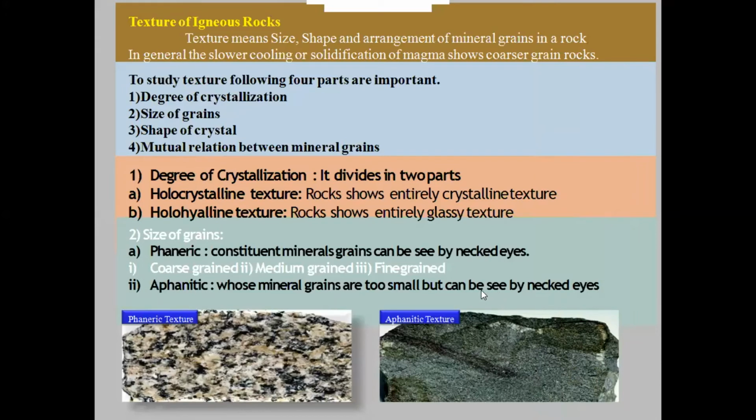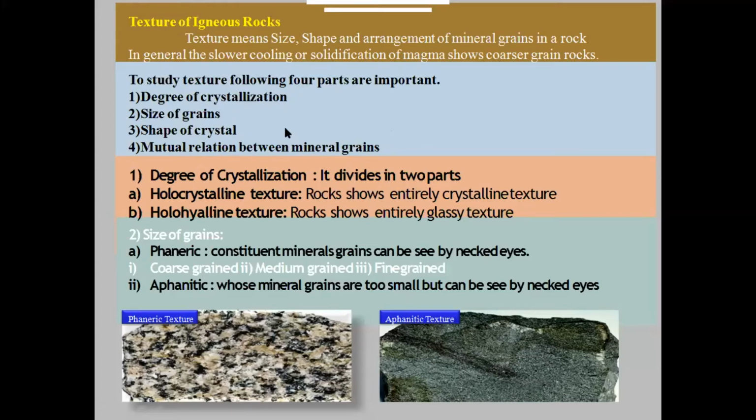Okay. Then comes a little bit of introduction about the textures, because now we are moving a little advanced in terms of rock classification and understanding the igneous processes. The texture of igneous rocks. Remember, texture is a term that is a combination of crystals and how these crystals are organized, what the shape of these crystals is, and what the mutual relationship between mineral grains is. If you want to see the details on these, you can follow the petrographic lecture series that is also available on the YouTube channel, but here we just briefly discuss.